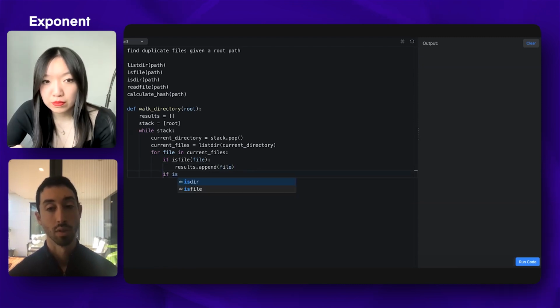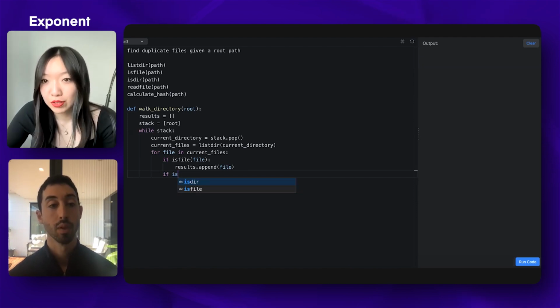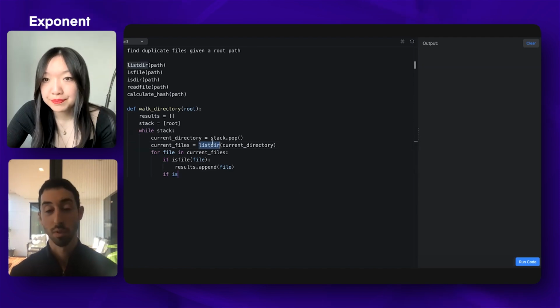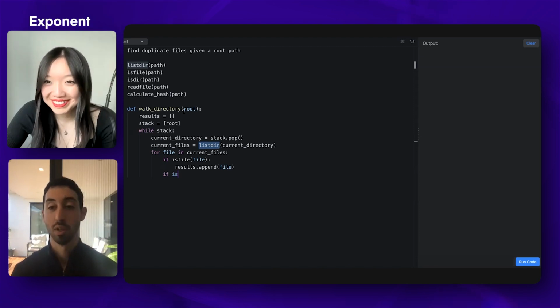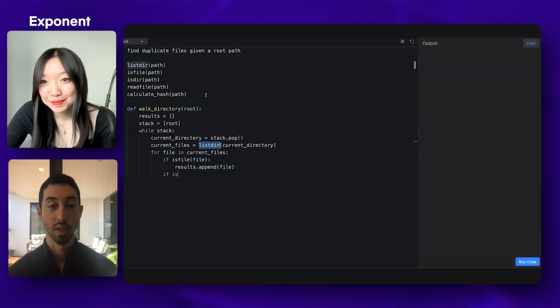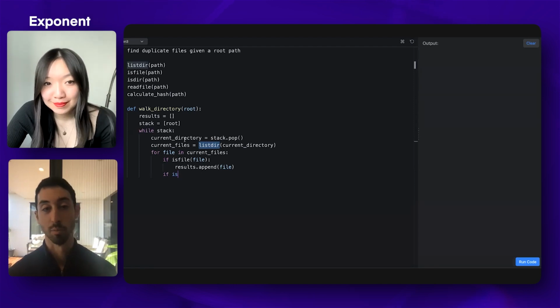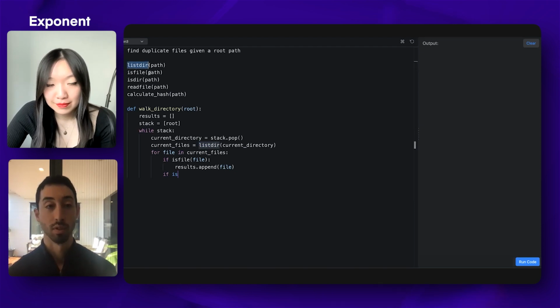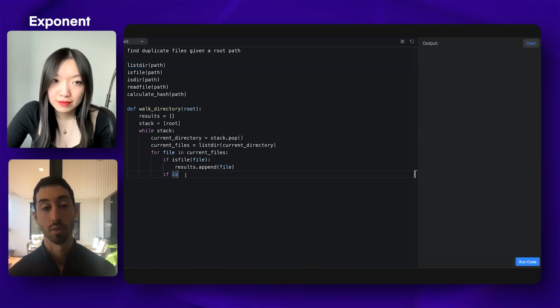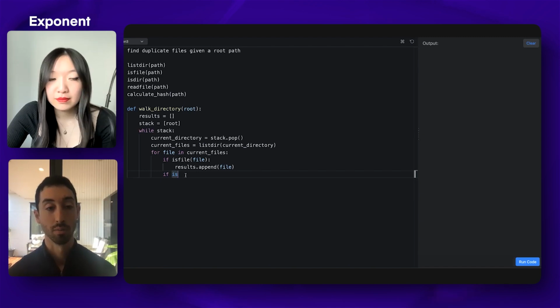Just to clarify, this lister function, it's not recursive. No, correct. I think that would be too easy, that's like the solution that I'm implementing. So I assume this just lists the immediate content of the directory, so it can return files or directories, and then I need to recursively walk it.